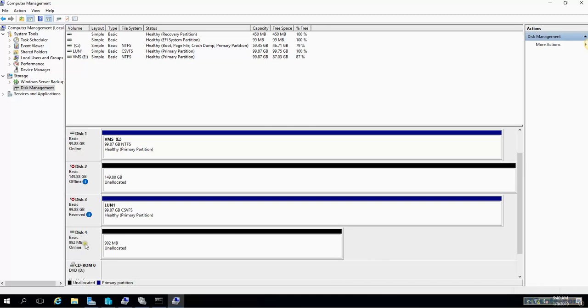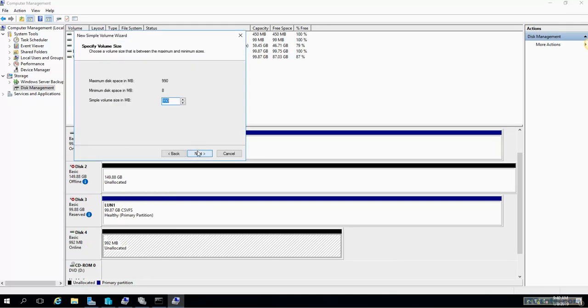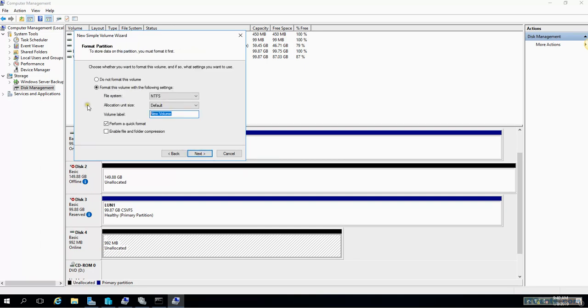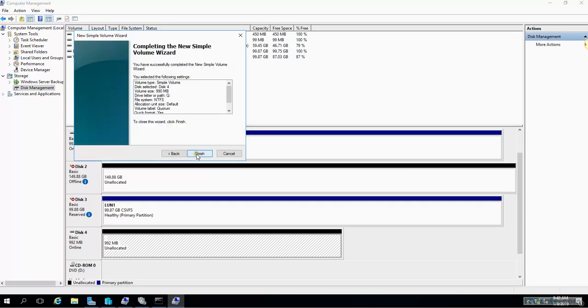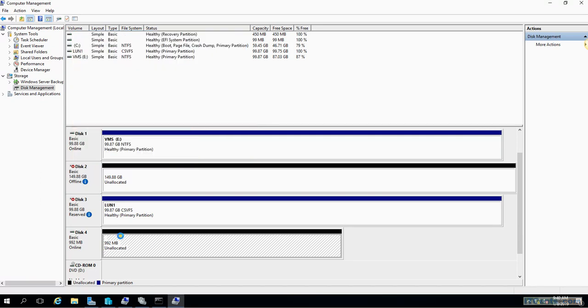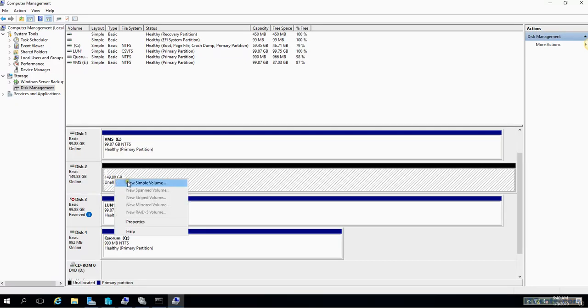I'll bring it online and create a simple volume, and I'll call it, let's say, quorum. And this one, which is the 150 gig one,